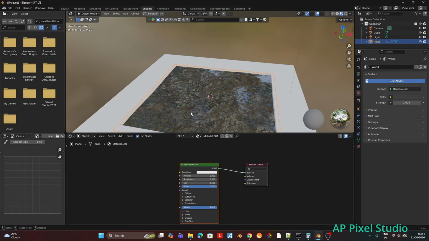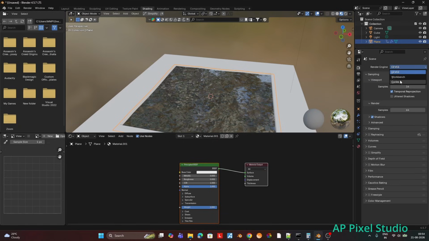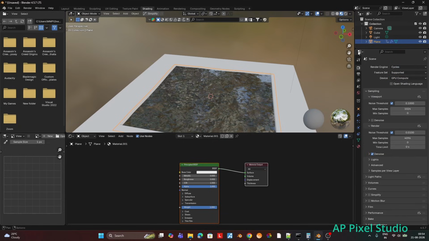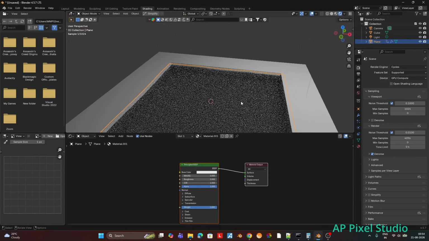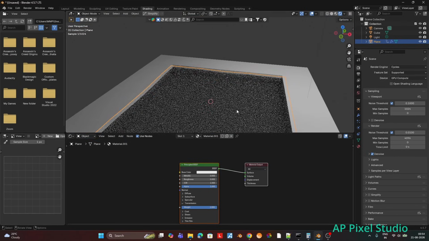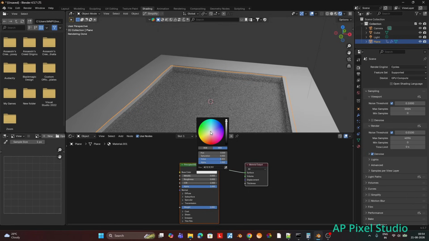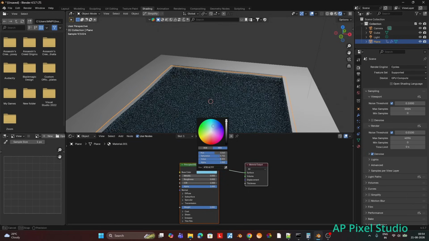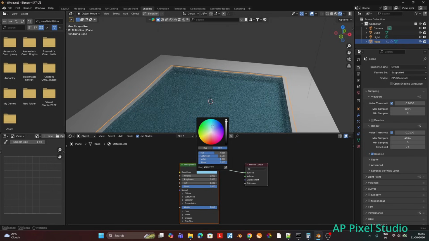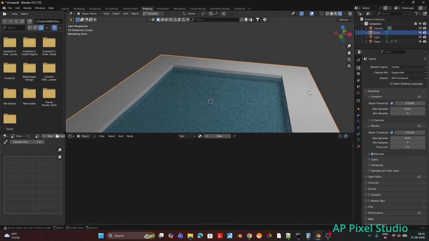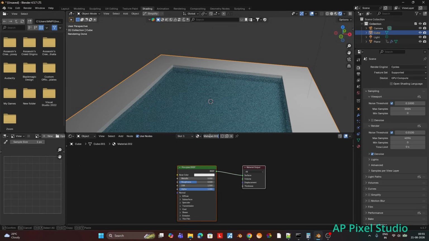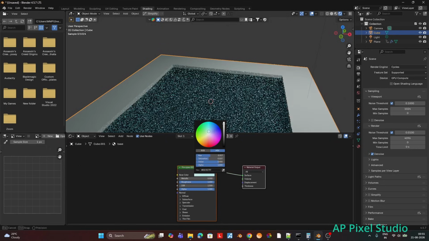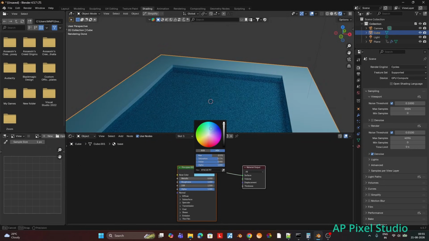We will change the render engine to Cycles to check the actual effect, and go to the render properties. If you see, you can see the cube base visible inside. So we will change the color to a blue color, a light blue like this. Now we will select the outside swimming pool area and create a new material. It will be the base, and this will have full roughness, and we will change the color a little bit, slightly different from the water color.